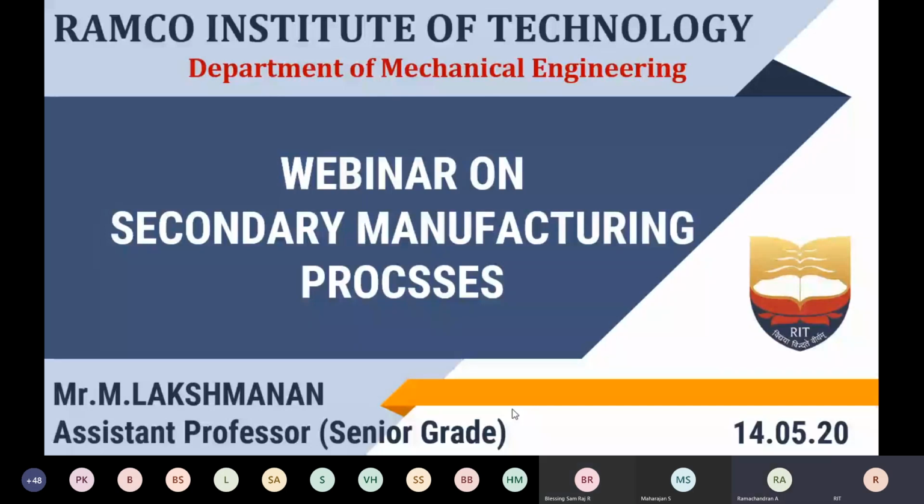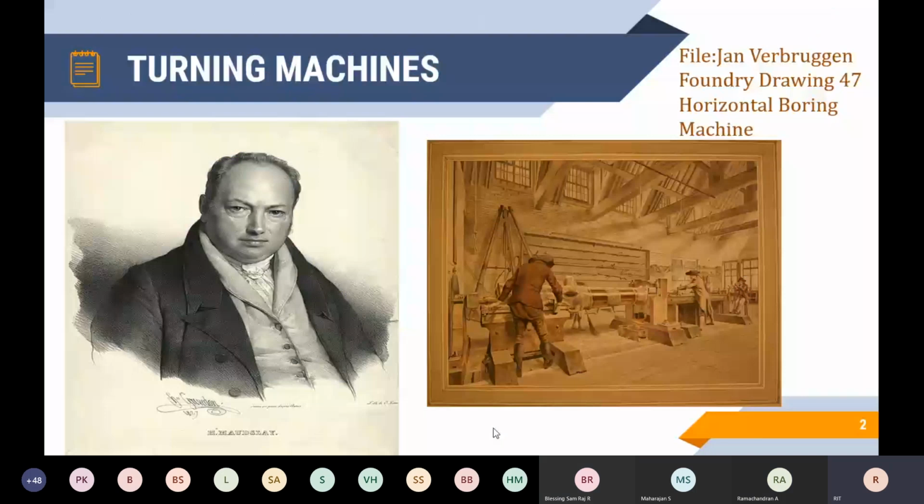So normally we know turning machines, what are their roles? I mentioned two images in my slides. In the first, one person is there. He is Henry Maudslay, a British machine tool innovator, tool and die maker, and inventor. I think he is the father of all machine tool technology. His inventions were an important foundation for the industrial revolutions. Around 1800, Maudslay's metal lathes for manufacture of standard screw thread sizes led to mass production.